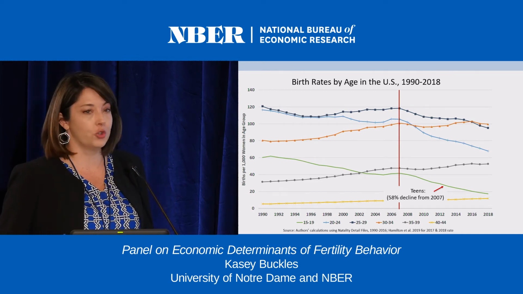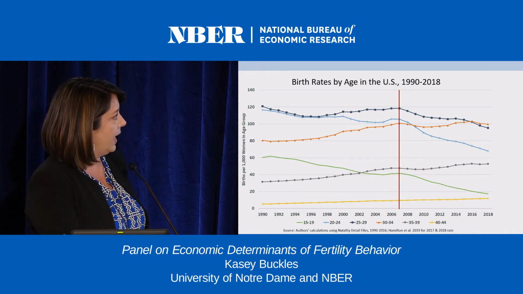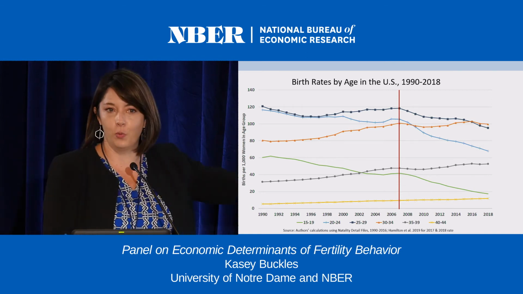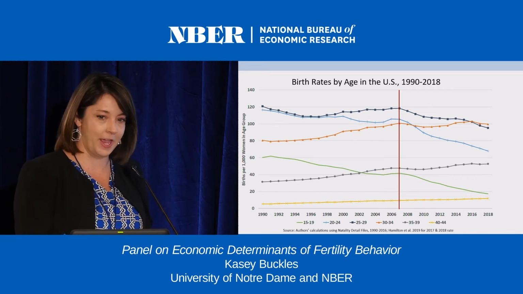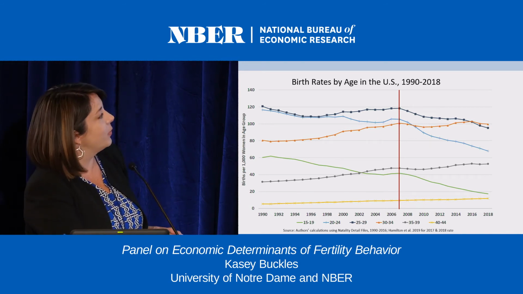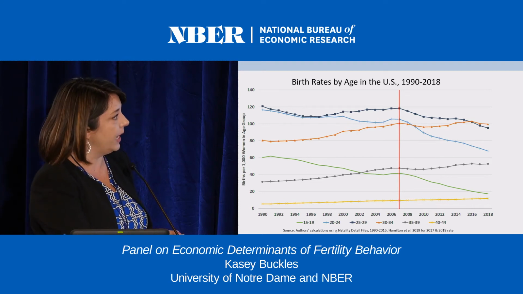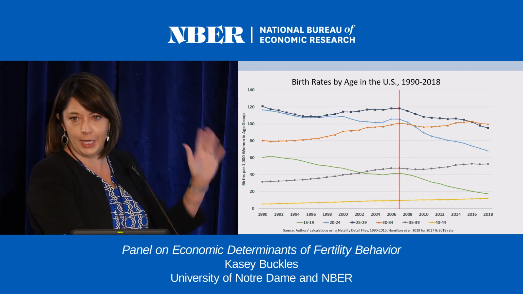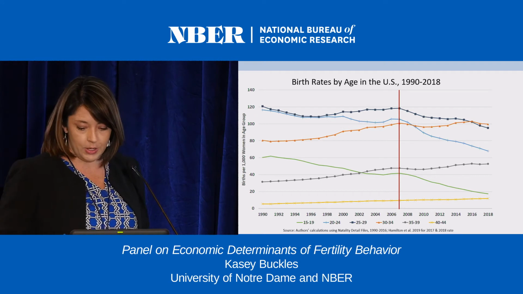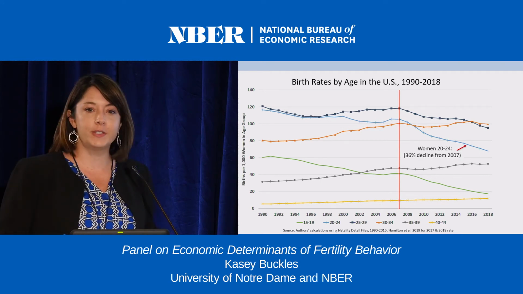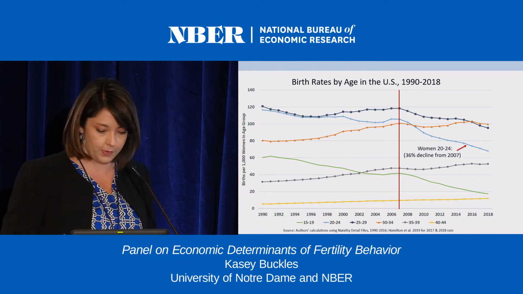Let's move up to the next age group, which is women 20 to 24. So here we also were seeing a decline. I so badly want to walk over there. If you've seen me present before, you know I'm usually running around like crazy. Jim tells me I have to stay put, so I'll use the laser pointer. But we see from 20 to 24, this has been a high fertility group, declining a bit over this period. But again, I'm drawing this line here at 2007. They really start a precipitous decline, so that we get fertility rates that are 36% lower in 2018 than they were in 2007 for that group.